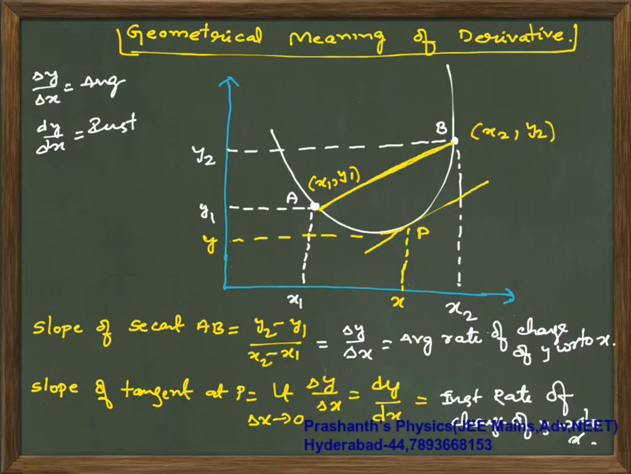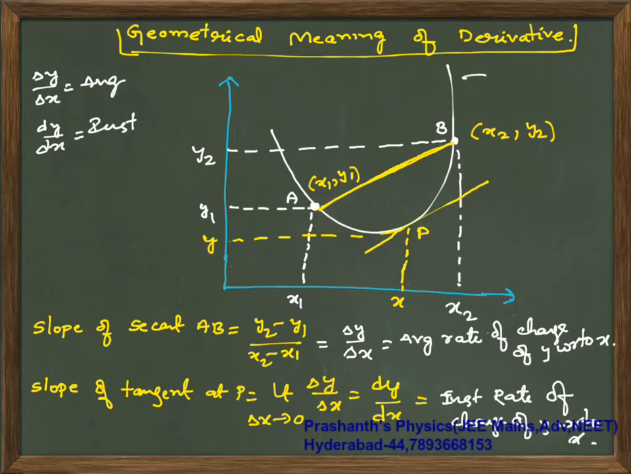Okay, so from this figure, my final conclusion is that delta y by delta x indicates the average rate of change of y with respect to x, which is the slope of the secant geometrically, and dy by dx is the instantaneous rate of change of y with respect to x, which is nothing but the slope of the tangent. So now if you are asked to calculate the slope of the tangent at some point,